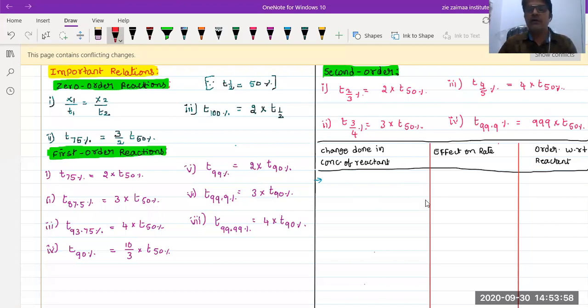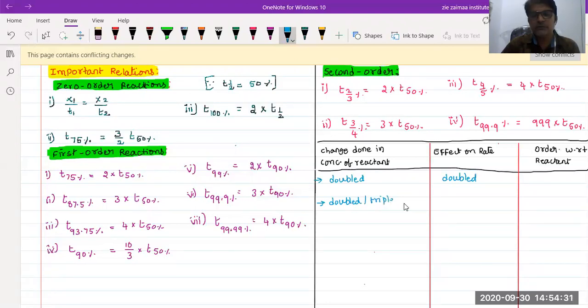Okay, so I have written the partitions like this. First, if the concentration of the reactant is doubled, then what would be the effect on rate, beta? The effect is also double. Next, I will tell you what the order should be. Next, if it is doubled, otherwise tripled, 4 times. Suppose if it is tripled, it increases 3 times. If it increases 4 times, it would be written as quadruple.